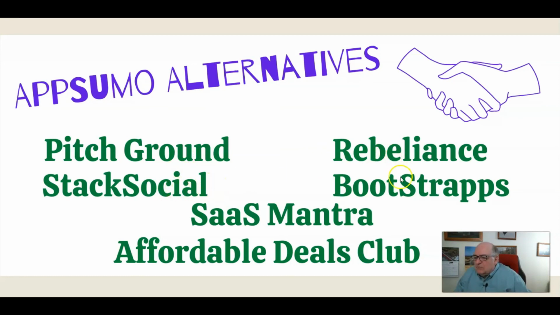And then definitely drop down to Rebelliance is much smaller with deals provided. Bootstraps basically collecting, as in the Affordable Deals Club did that too. And SAS Mantra is very small niche, very narrow-minded on types of things. Platforms like that, apps that help larger businesses that are promoting and helping build situations with increasing traffic to businesses. So, a roundup of what's going on with these deals.